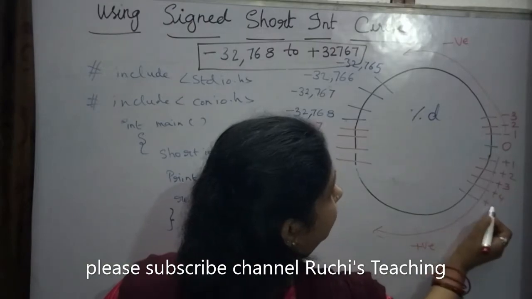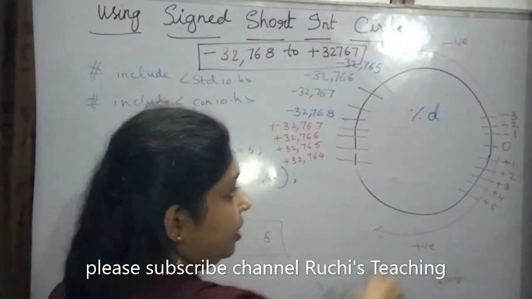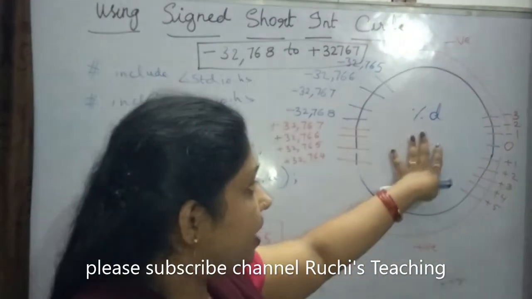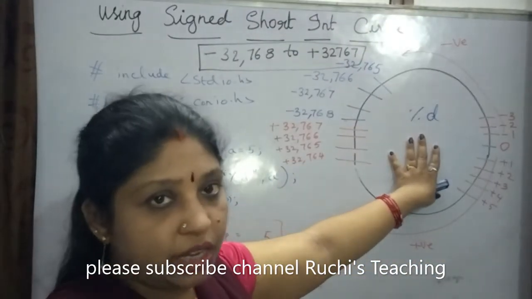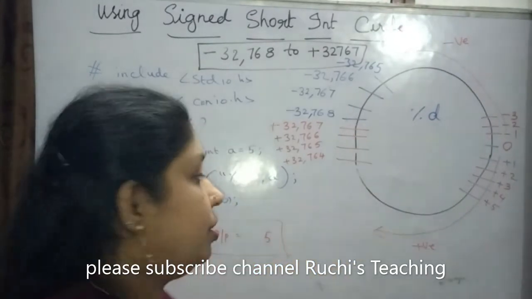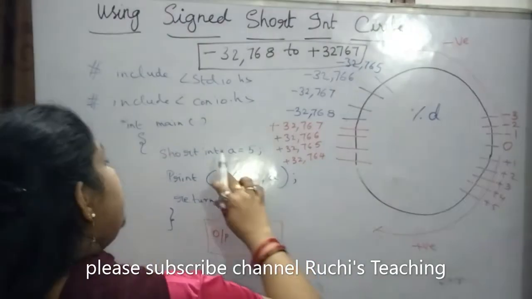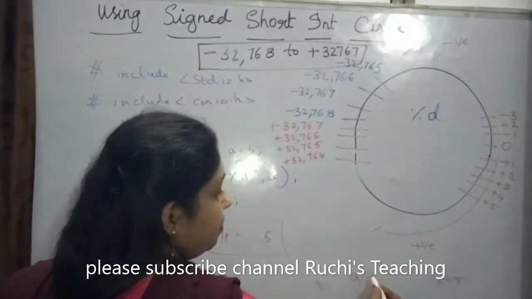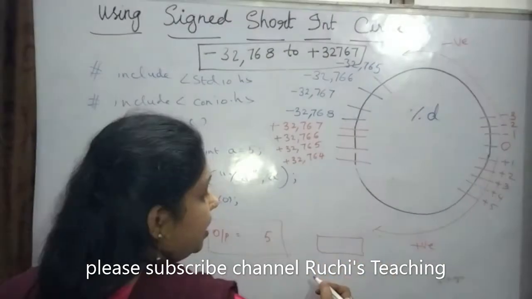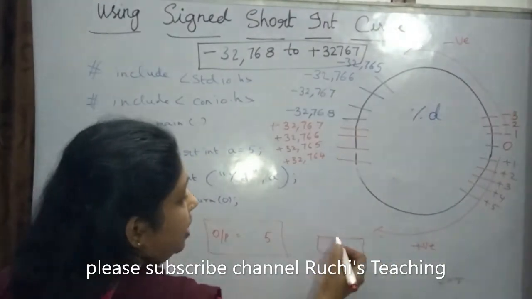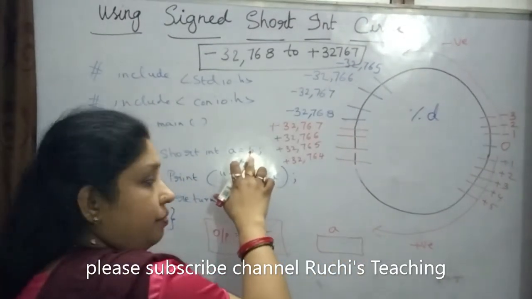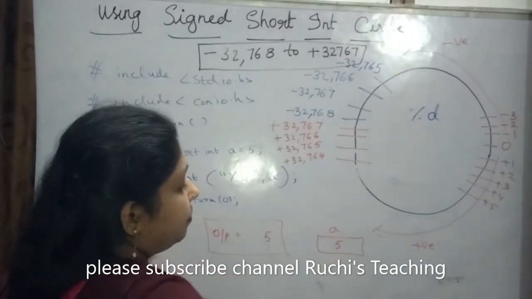1, 2, 3, 4, 5. So it will come into this circle. The compiler will come into this circle and check whether that value is there or not. How? When you declare a variable a, what happens? A variable takes it like this. It will create one memory in the memory place and give it a name, a, and we have assigned 5 here. Then it will take 5.